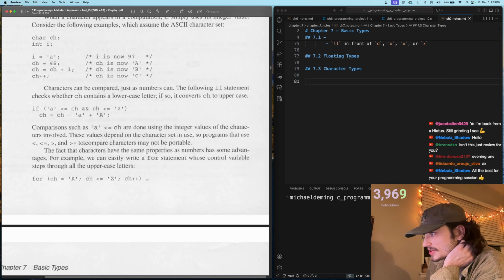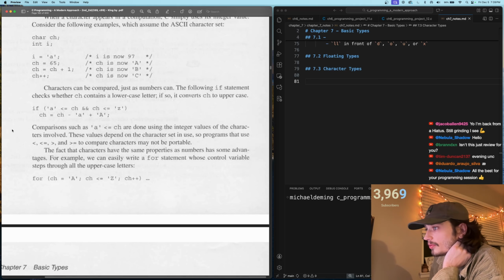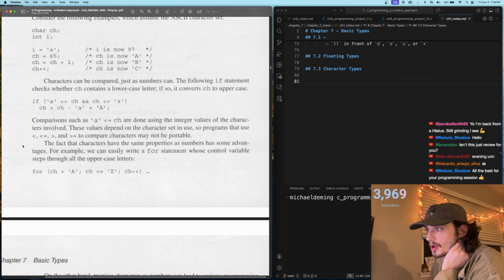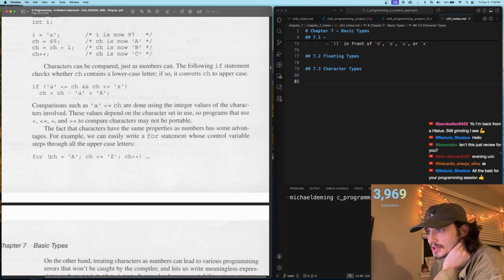The fact that characters have the same properties as numbers has some advantages. For example, we can easily write a for statement whose control variable steps through all uppercase letters. For ch equal to 'A', while ch is less than or equal to 'Z', we